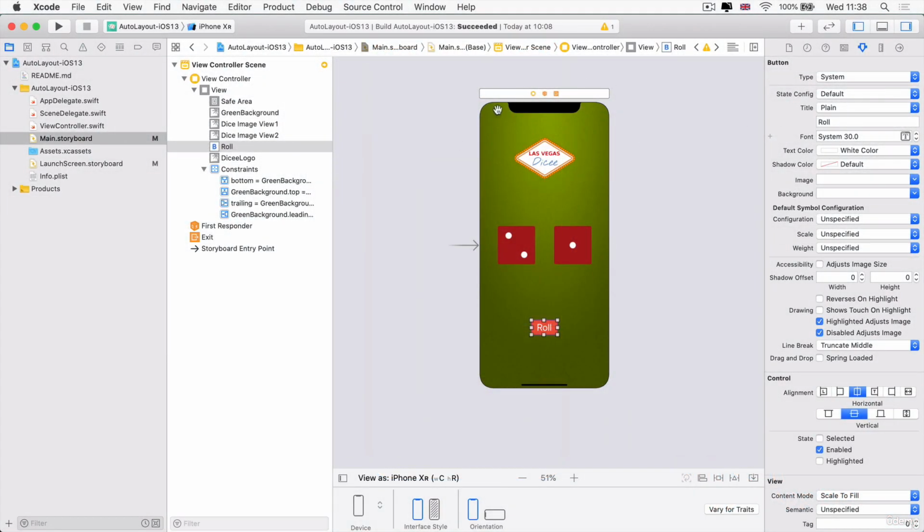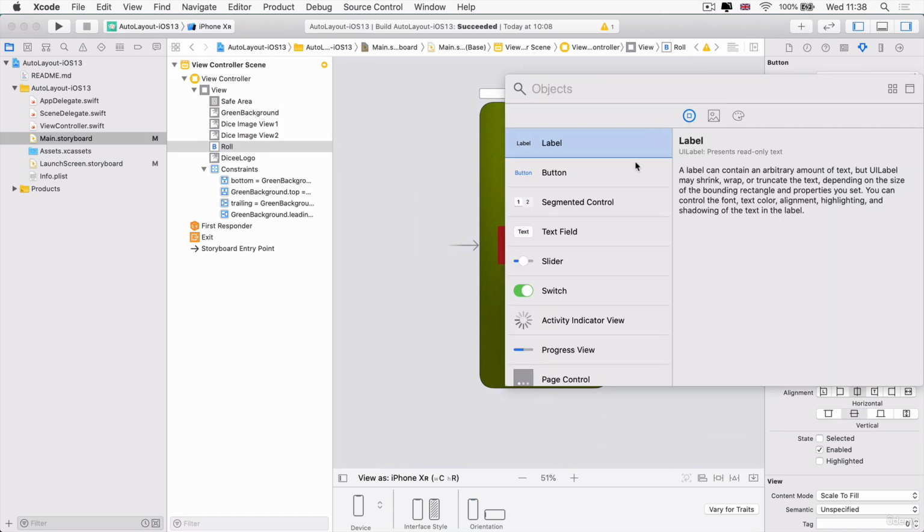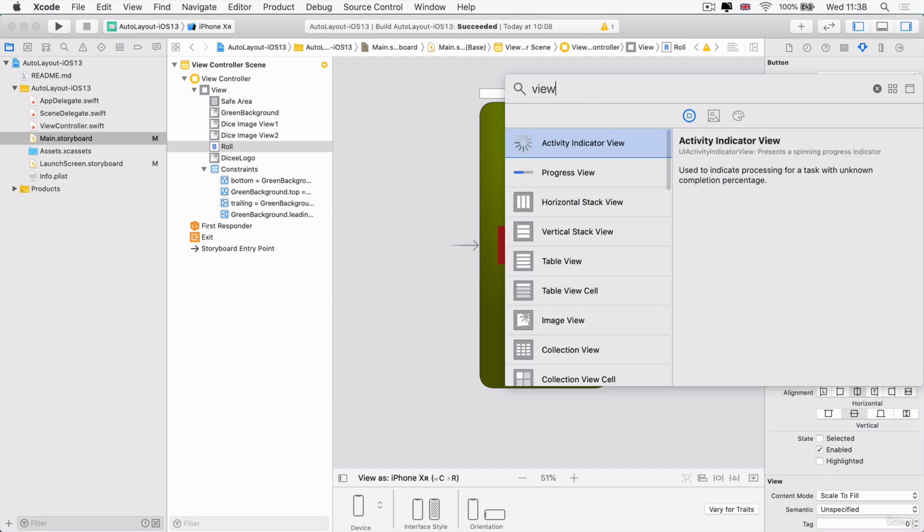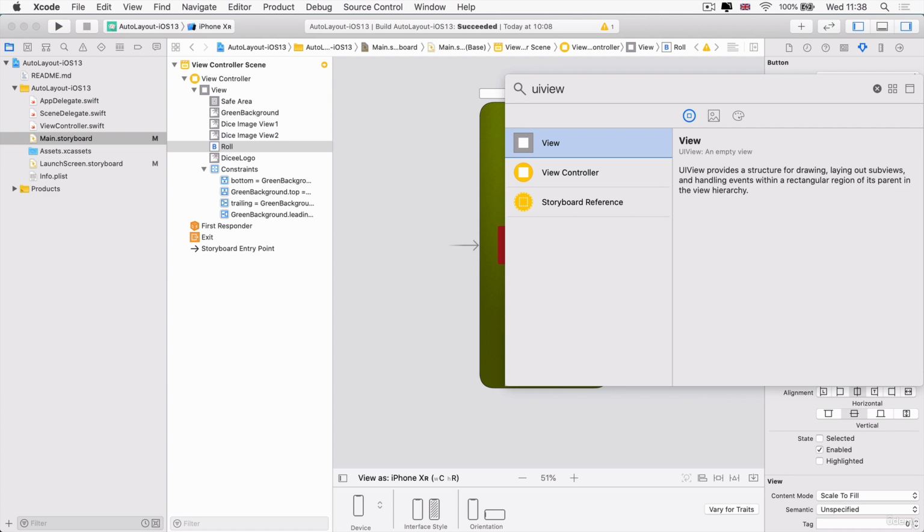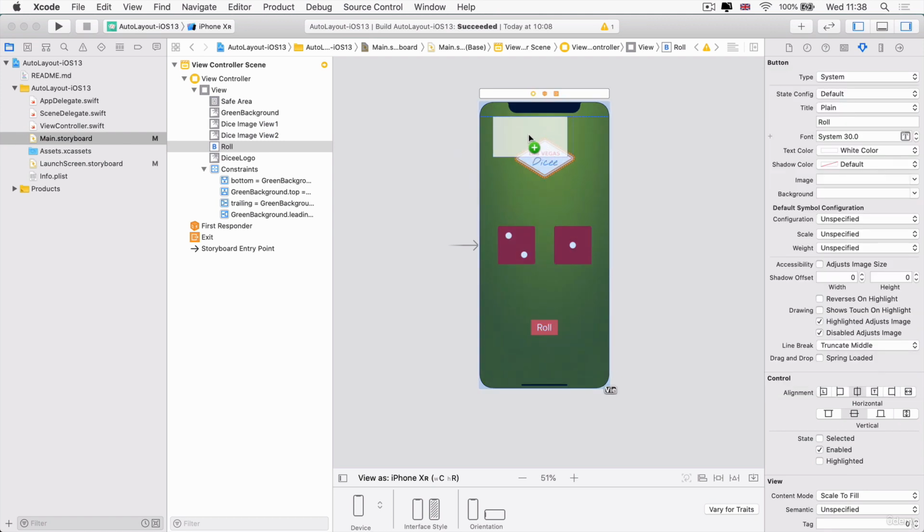Let's start by creating a container. To do that, all we need to do is go to our object library and locate a view element. Now, because there's a lot of things that are called views, table view, image view, progress view, I find it's usually easier to type UI view, which is actually the underlying element here. And it's simply just an empty view. And in this case, we're using it to lay out some of the subviews, so something that we're going to put inside this container. Let's click and drag it onto our screen, and I'm going to put it somewhere near